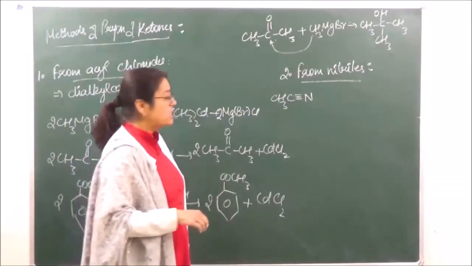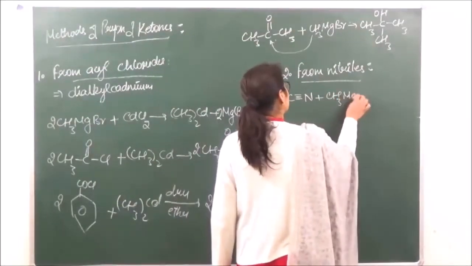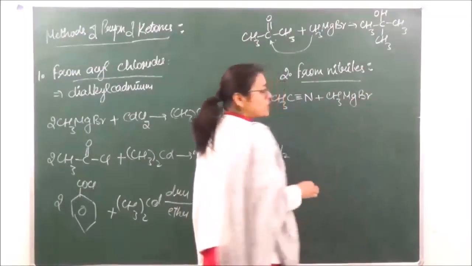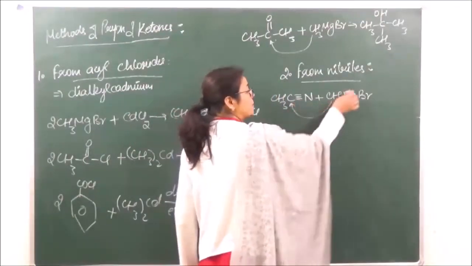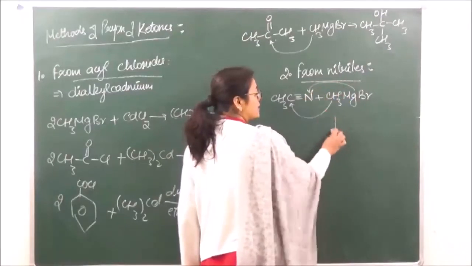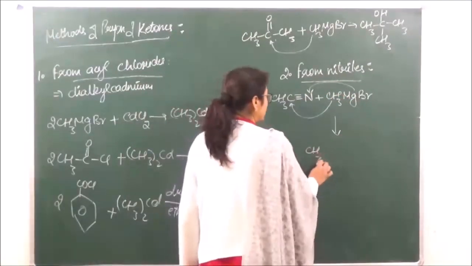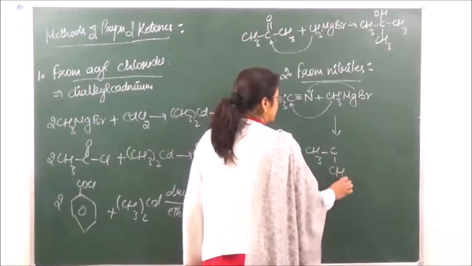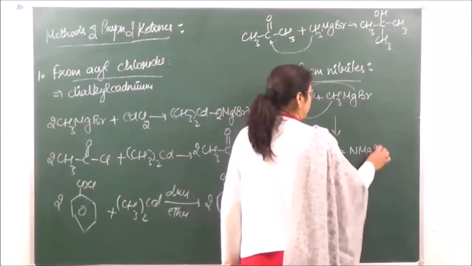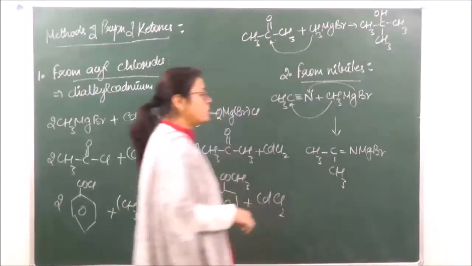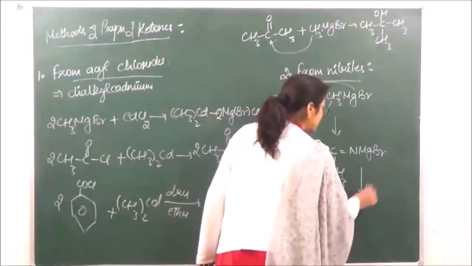So we have CH3 C triple bond N plus CH3MgBr. CH3 will attack at the carbon, MgBr will attack at the nitrogen. So what are we going to have over here? We will have CH3 C, CH3 double bond NMgBr. Okay? Now this is going to be hydrolyzed